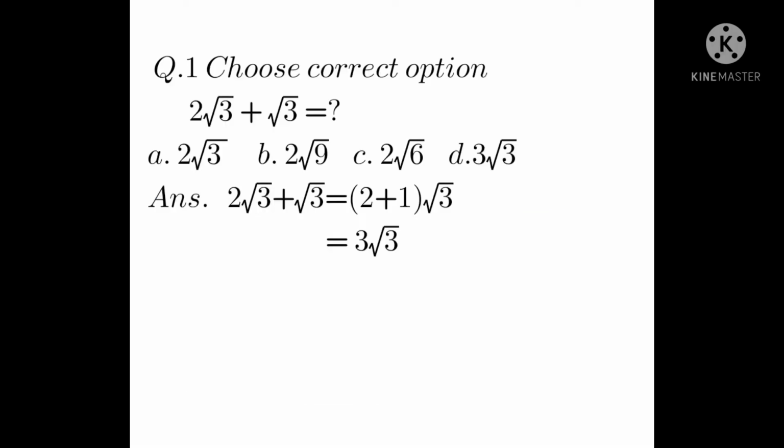Let us try to solve the given exercise. Choose the correct option. Here we have to add the given two surds. Radicands of both the surds are 3 and orders of both the surds are 2. It means that order and radicand both are the same. Therefore, the given surds are similar surds. Keep in mind that only similar surds can be added or subtracted. Take root 3 common, then we will have 2 plus 1 in bracket, that gives 3 root 3. So correct option is D.